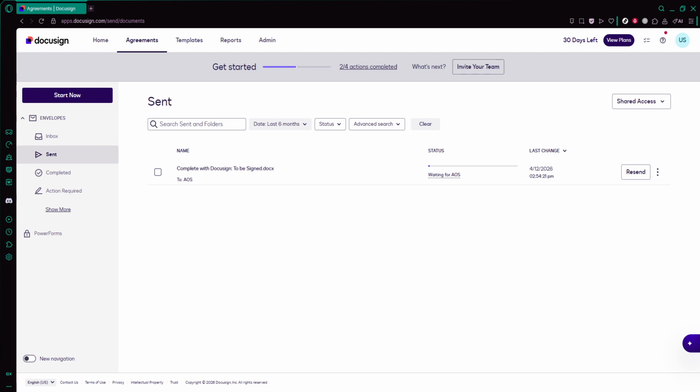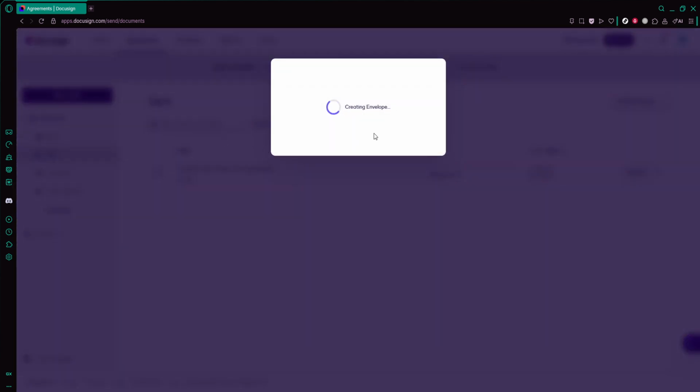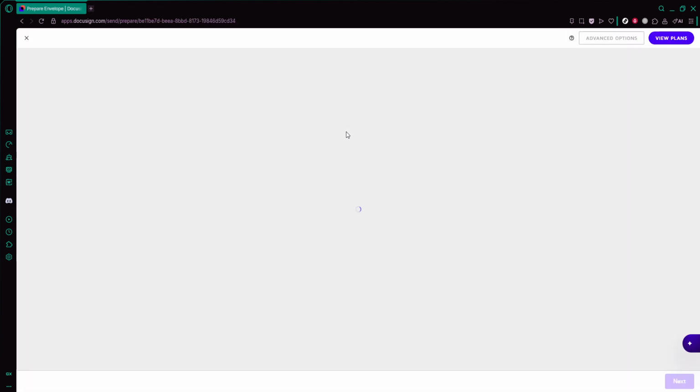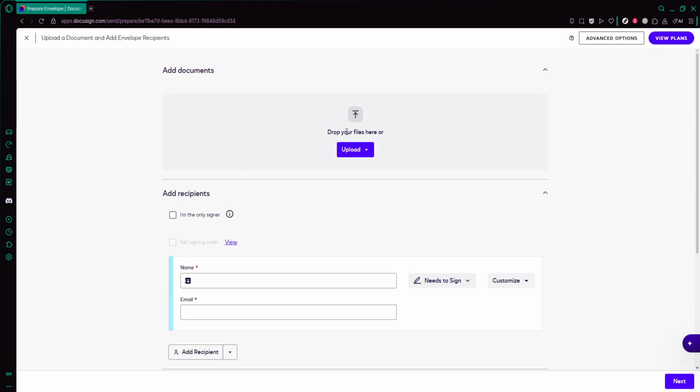In Docusign, an envelope is basically a container that holds the documents you want signed, along with information about who needs to sign them. From your Docusign dashboard, look for the option to start a new envelope, often labeled something like New or Start, and then choose to create or send an envelope. Once you're there, you'll be prompted to upload the document or documents you want to send. This can be a contract, a form, or any file that needs signatures. After uploading, check that the correct files are attached and that they're oriented properly and readable, because this is what